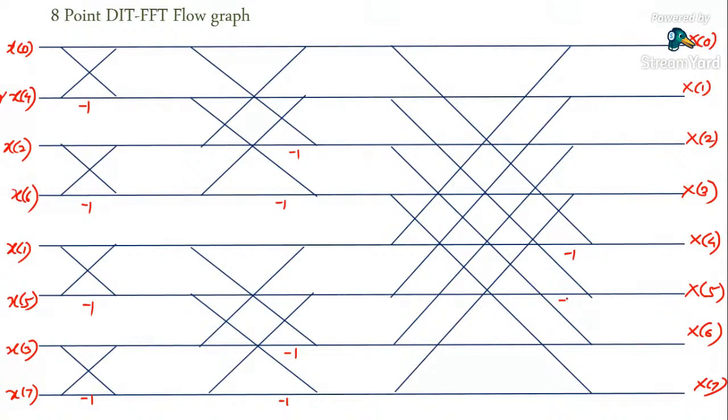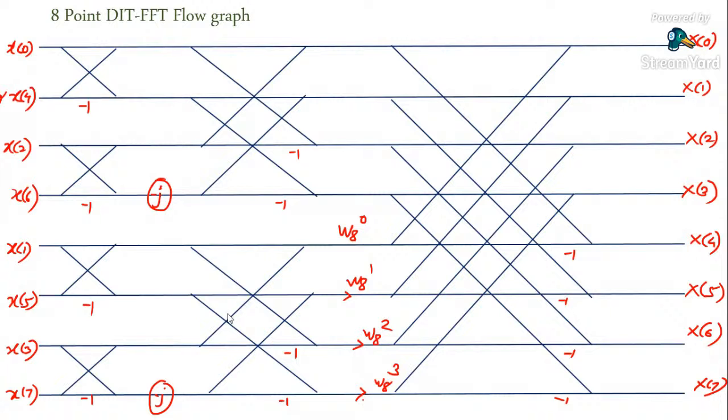This is minus 1, minus 1, minus 1, minus 1. And we know that this is minus j, this is minus j. And here it is w8 raised to 0, w8 raised to 1, w8 raised to 2, w8 raised to 3. So this is the multiplication you have to take, and then finally you can calculate by using this 8-point DIT